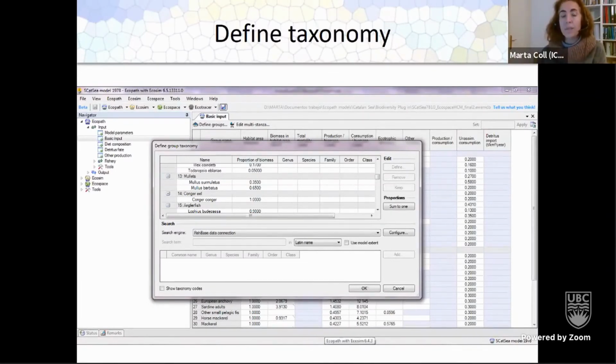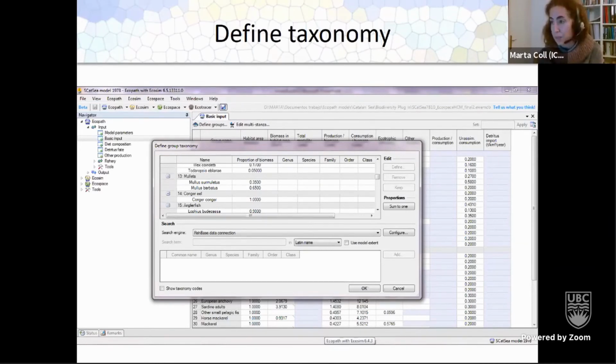Okay. You don't need to do that for all the groups. For example, imagine you are interested in your fish groups or your fish and macroinvertebrates, and you don't want to provide, or you don't have the information for your plankton groups. That's fine, as far as you know what you're providing, because that will condition how you calculate your indicators. Okay. You also have here the option to not include information about species in your functional group, but you want that functional group to be taken into account in your indicators. What you do then is just create a taxonomic group that is called various species, and that you could